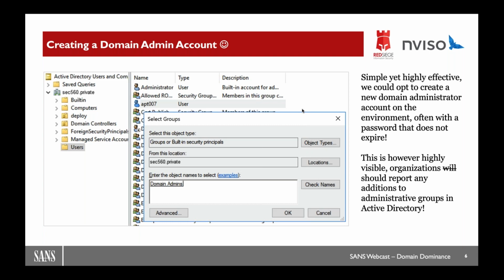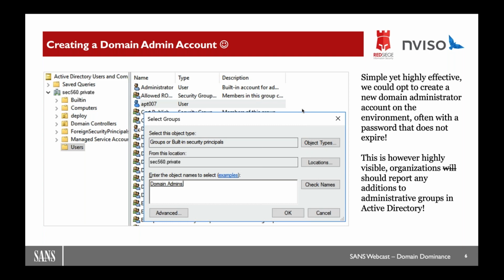Now, I actually looked at the names of their national football team, or the national soccer team for our American friends, of course. And I used the name of the national goalkeeper, which was interesting because it's a very traditional name in that environment. I just used that one as a domain admin account, and no one even bothered to look into it. They just assumed it was a new domain admin account which was being created.